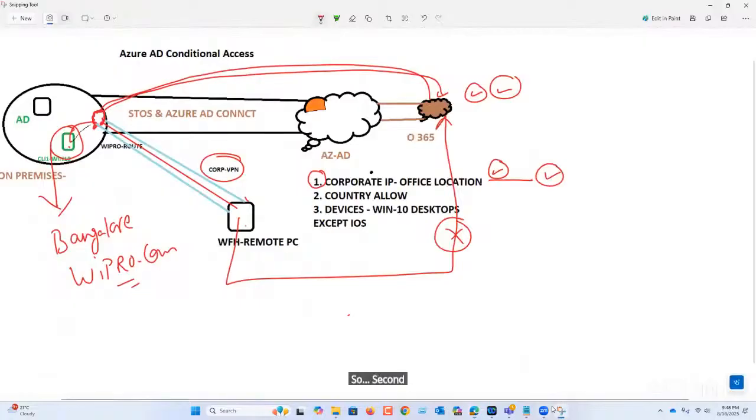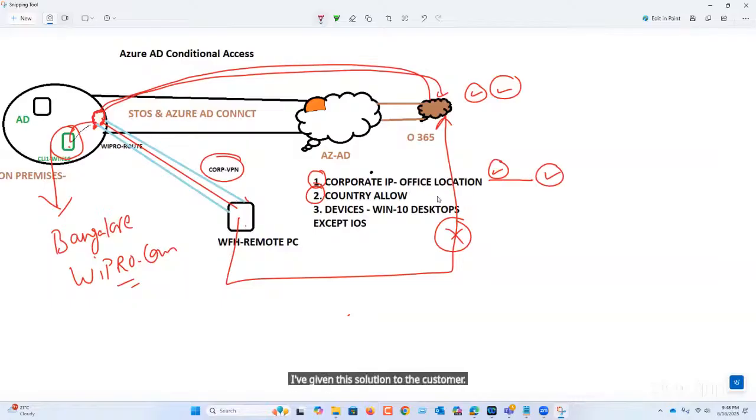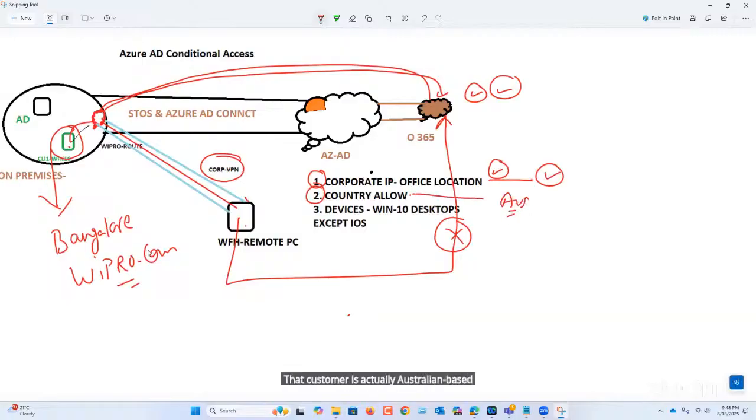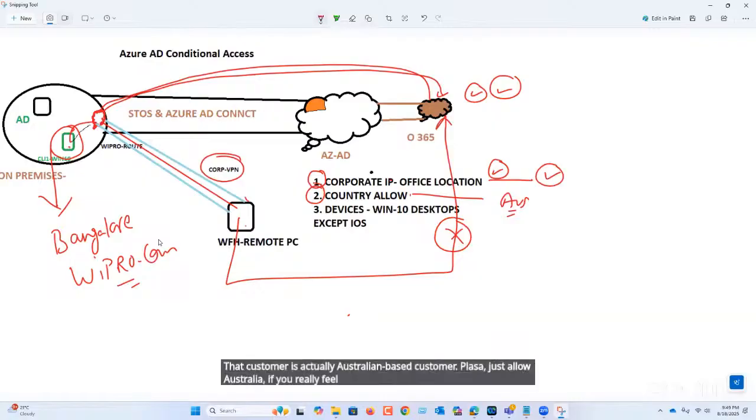So the second condition is country. I've given this solution to the customer. Either you put this IP or maybe country allow. That customer is actually an Australian-based customer. So I said just allow Australia if you really feel your offices are in Australia only. That's it. Don't allow anything else.